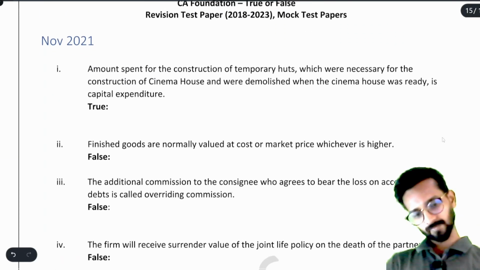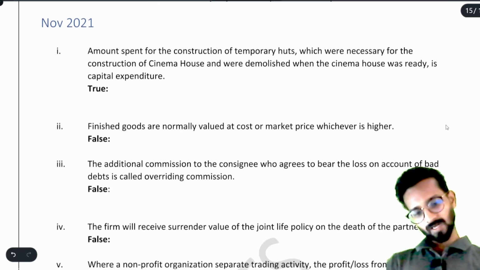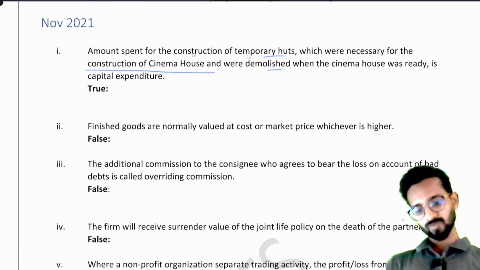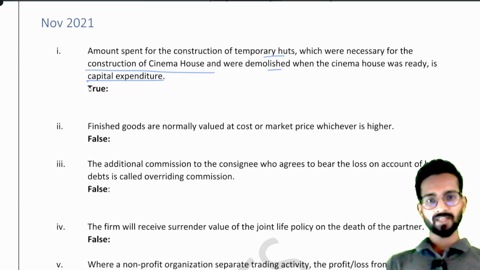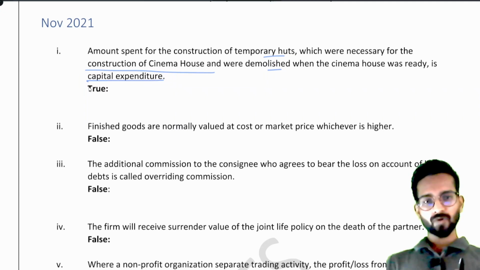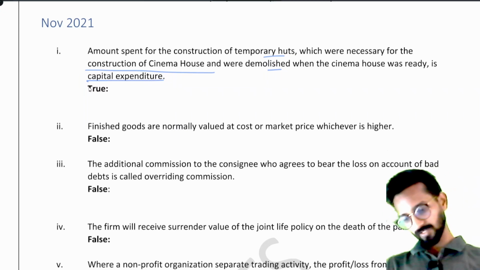November 21, check. Amount spent for the construction of temporary huts which were necessary for the construction of cinema house and were demolished when the cinema house was ready is capital expenditure. It is absolutely correct. See, whenever we are constructing any house, any building or any cinema house also, obviously the laborers will stay there only, so they prepare some temporary huts. So that expenditure, if they undertake to construct cinema house only, that's why it is a capital expenditure. So you will write it is true,